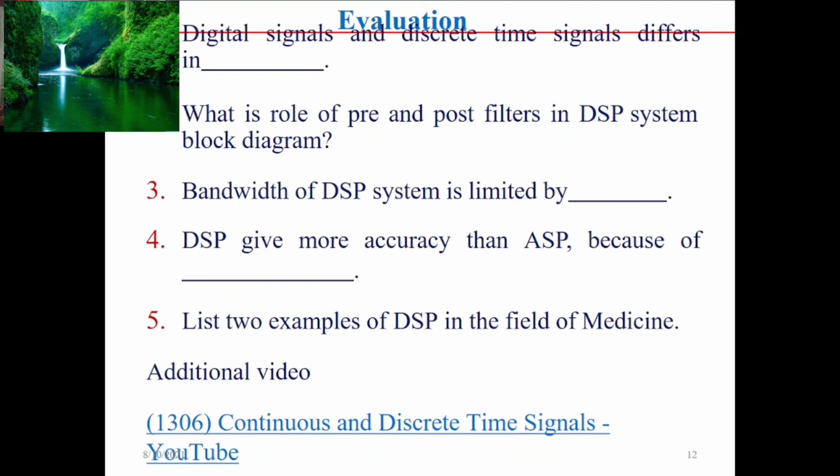Another question, which I will keep you all pondering on, is what is the role of pre and post filters in DSP in the block diagram which we have seen. Bandwidth of a DSP system is limited. Why is it so? Of course, I will give you all the answers also, but I'll give you a little time so that you can ponder on it, think on it,